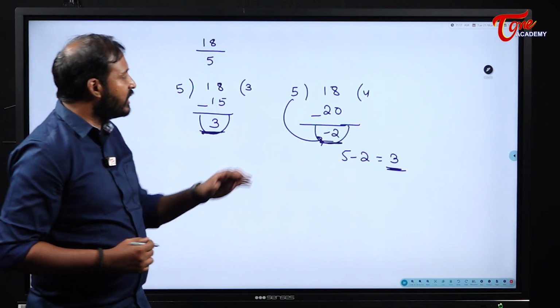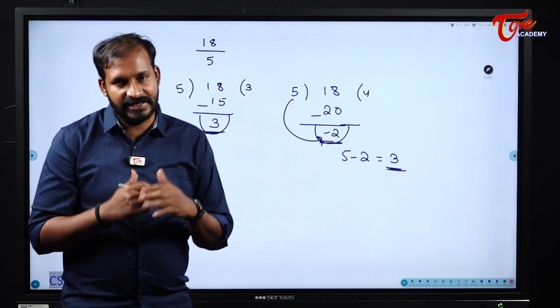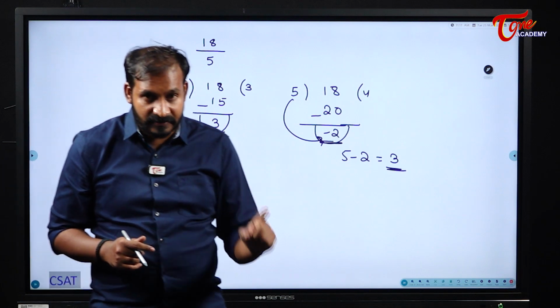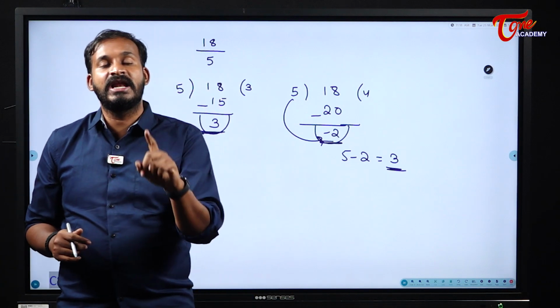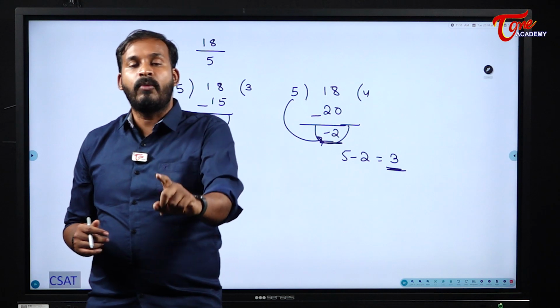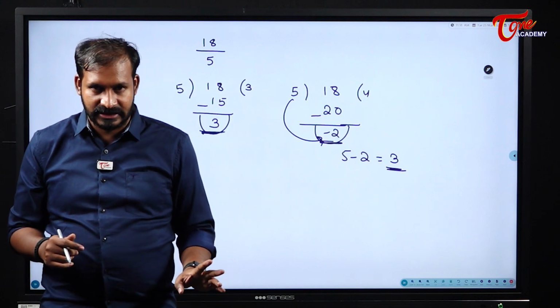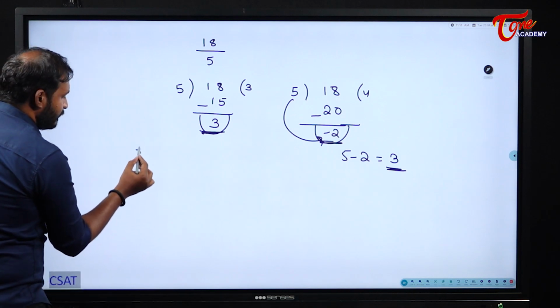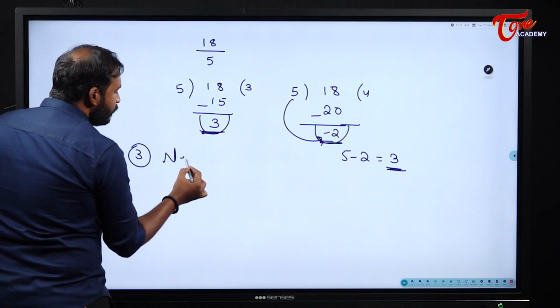What is the use of these negative remainders? We will see later. But negative remainders are also possible. We can use them in the intermediate level. But when we write our final answer, we will always convert them into a positive one and then only write our final answer. Okay. So the third principle of this remainder theorem is negative